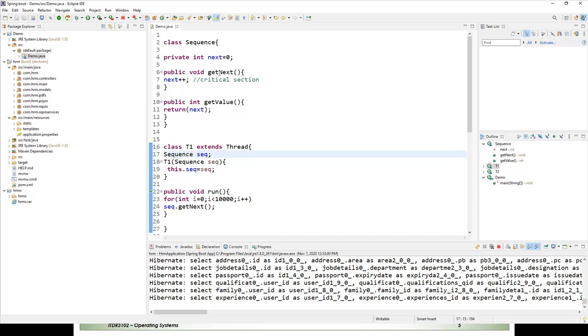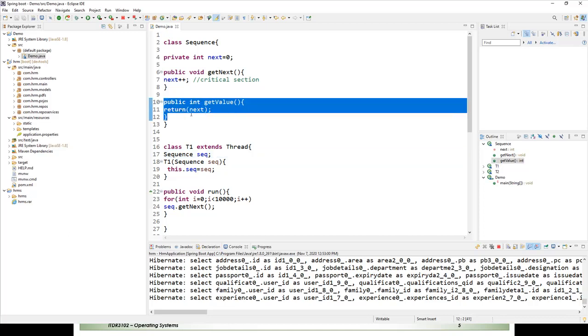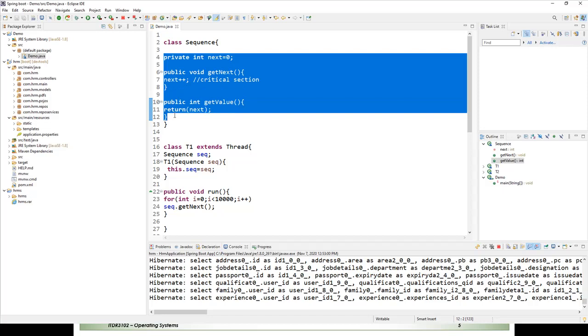So this get next method calls the next plus plus statement. It exists in the get next method. It updates the next value by 1. No need to worry about this, it is just returning the value. Just try to focus here. So this is a sequence class implementation.